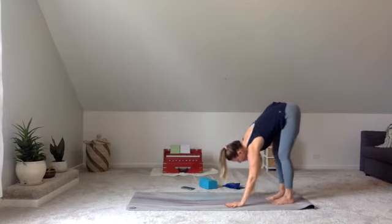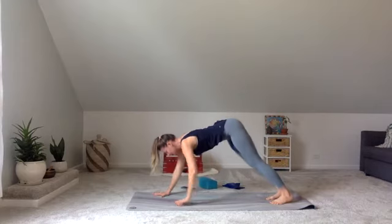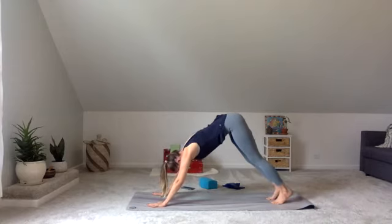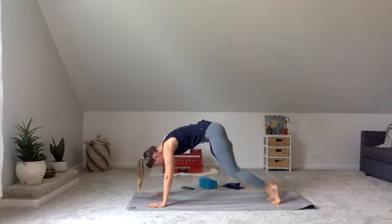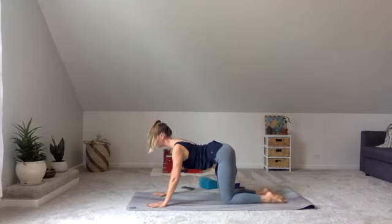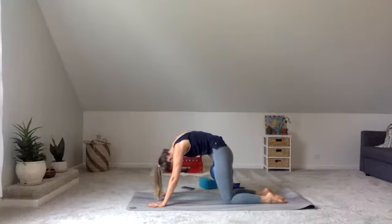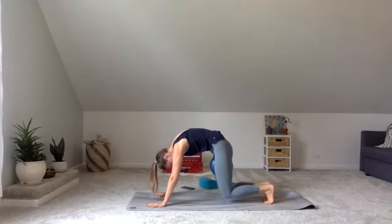Plant down your palms strong and walk yourself all the way out into downward facing dog. Take a breath in. Take a breath out. You're going to lower to your knees. Flatten the tops of the feet. Inhale, neutral, heart opens. Exhale, round for 5. You can stay here or tuck the toes and lift the knees like we did for 3,